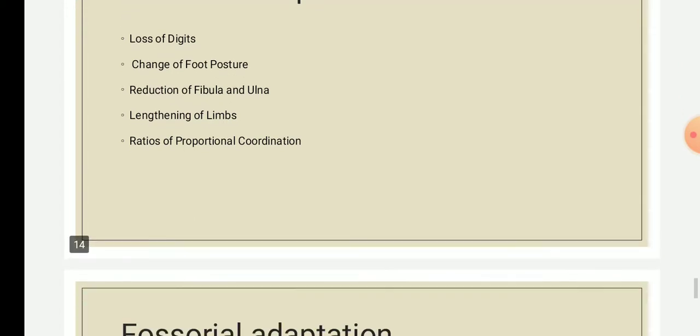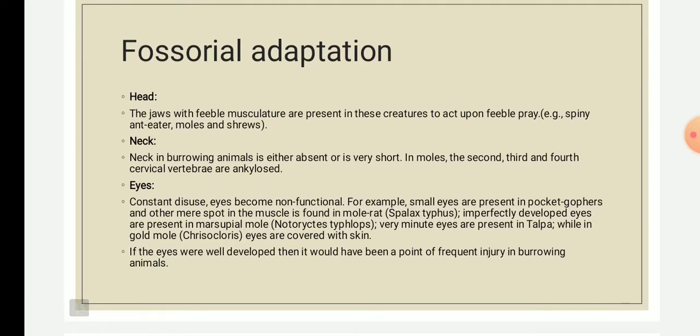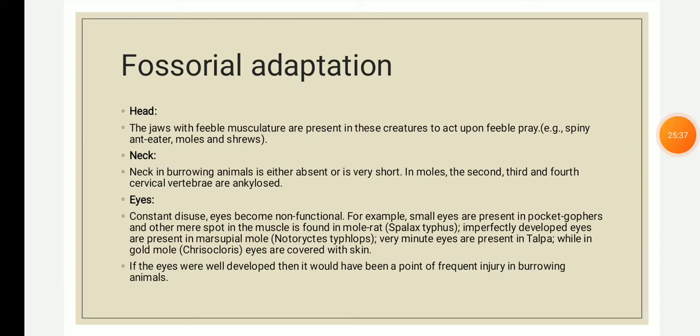The next physiological adaptation is the fossorial adaptation. Fossorial adaptation is basically adaptation for the purpose of digging the earth. But in fossorial adaptation, the animal changes the environment by making a subterranean zone through its own digging, and hence, by the influence of the environment as well as the animal itself, adaptive changes have occurred. Fossorial animals can be classified into three categories.